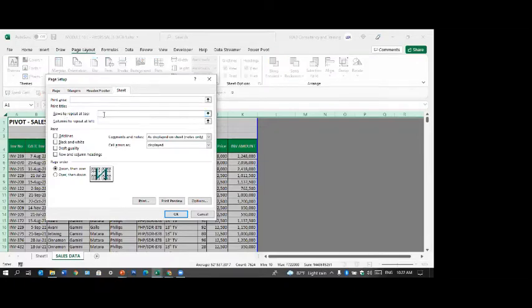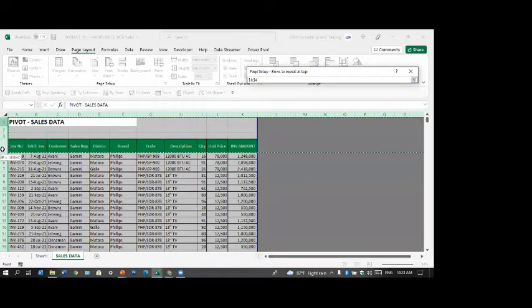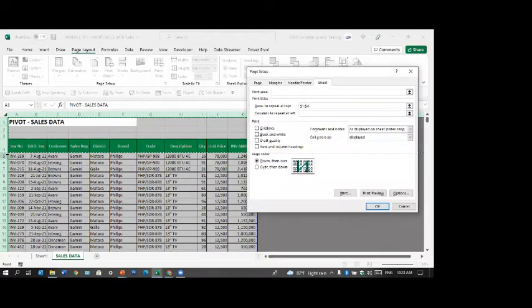This is applicable only for printing. So if you want all these things to be printed in each page, you can select from here to here. Or from the second page onwards, if you want only the subheading, then you select only that row. Better have only this one. First page you will have the main heading. Second page onwards, you will have the subheading. If you want everything, you select from here to here. You can't select from the middle, from top to whatever. You can select from here and here, right?